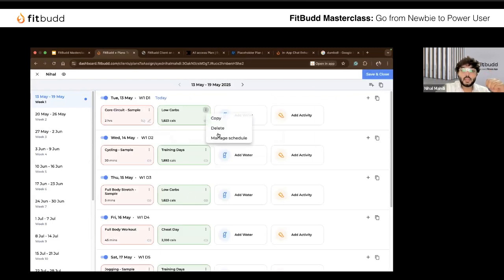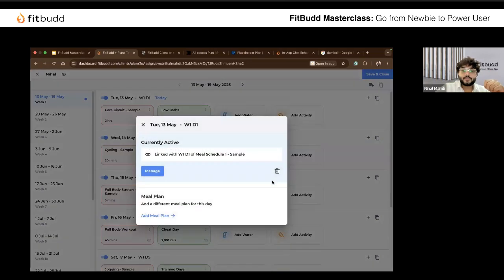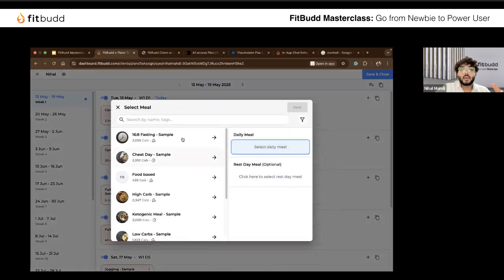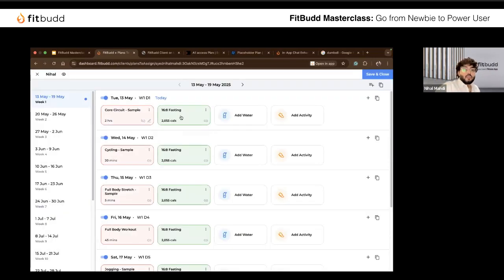This is the second option. The third option is importing a single meal option. You have created a single meal plan. They need to follow it until you come back and change it. So they go with a single meal plan throughout. And the fourth option is